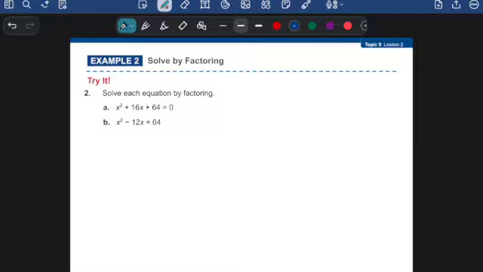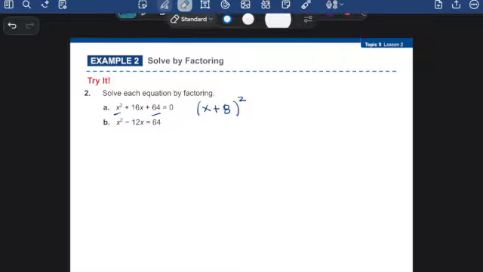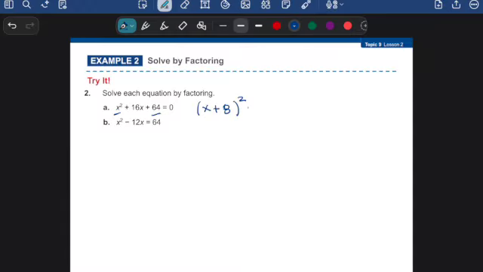So let's factor now to find the solutions to these quadratic equations. Remember, it needs to be in standard form with a constant on the left and the whole thing equal to 0. So in part A, it's already in standard form. I'm noticing I have a perfect square trinomial. So what's the way to factor a perfect square trinomial? It's going to be a binomial squared, and it's going to be just take the square root of the constant. So x plus 8 squared should give me that trinomial. And if that whole thing equals 0,